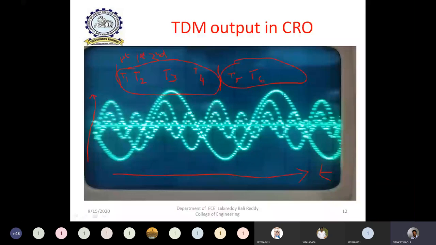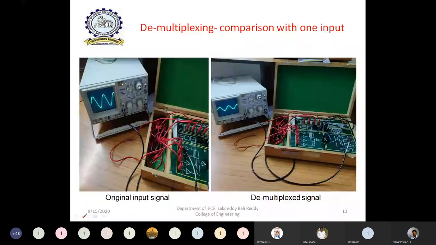Of course, in this experiment we can take 3 signals or 2 signals. You can multiplex with just 2 signals also, and then you can clearly observe in a very easy way how the 2 signals are multiplexed. So this is the multiplexed output. Now look at this diagram. After you connect this multiplexed output to the demultiplexer, and also connect the clocks to the transmitter and receiver sections in order to synchronize,